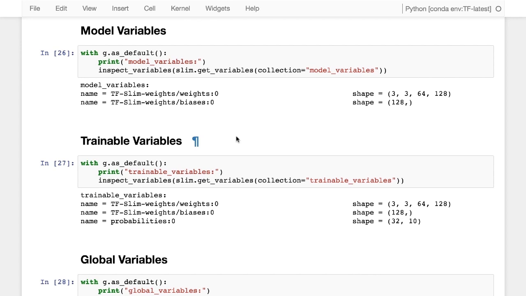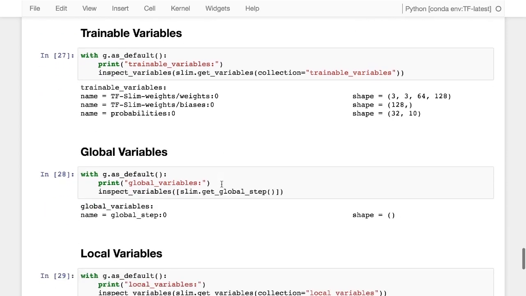On the other hand, if we wish to inspect all the model variables, then we need to pass into the collection parameter the model variable string. This will return all our model variables. In our case, it's the same thing. We've got the weights and the biases. And similarly, if we wish to inspect the trainable variable, we pass into the collection trainable variables. And here we'll get, as well as the weight and the biases, also the probabilities that we set as trainable